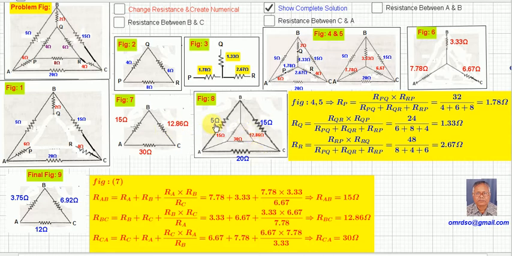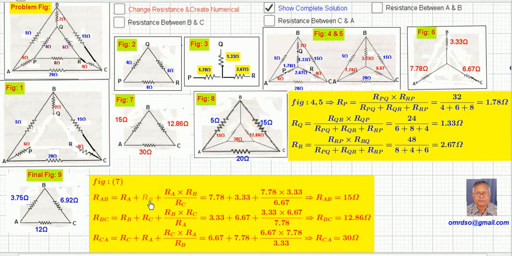Now you see 5 ohm and 15 ohm are in parallel. This 15 ohm and 12.86 are in parallel. 20 ohm and 30 ohm are again in parallel. From figure 4 to 5, how the calculation has taken place, I have mentioned here. Alright, here it is. The same series and parallel formulas I have used here. So it is for figure 4 to 5, and this is figure 7, it is figure 8. So from figure 7 this RAB has been converted.